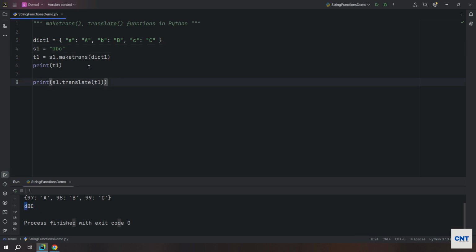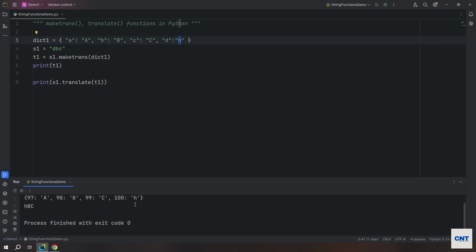Suppose I want to replace this small d character as well. I'm just saying map small d as well, and take any other character. What do you want to replace? Okay, let me take anything. It would be h. If you run the program again, you will see a different output, right? Your d is now replaced with small h